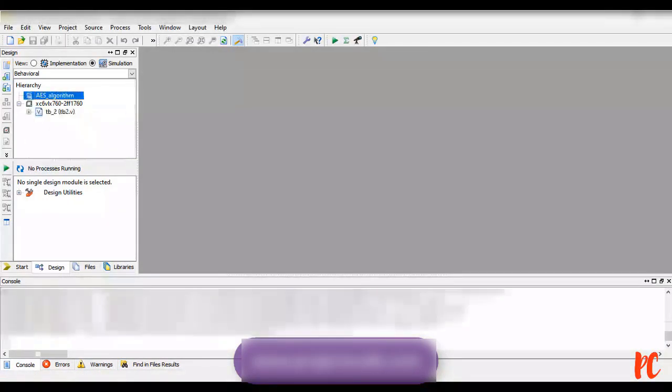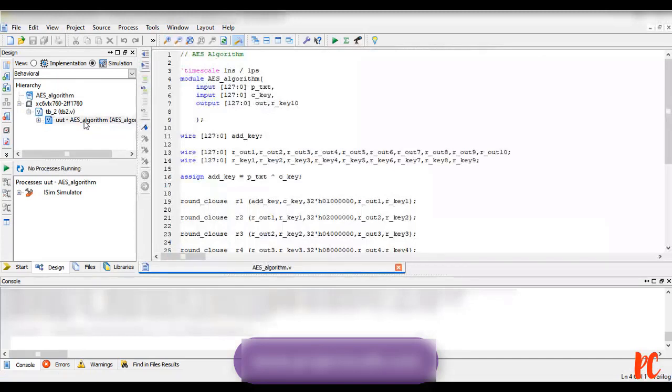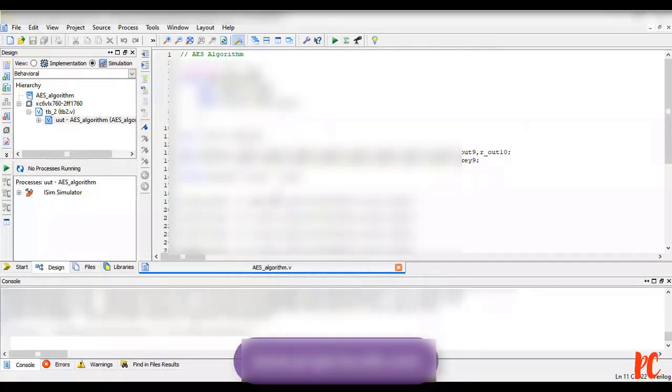And you can see here on the left testbench_2, which is the test bench file for the main UUT file. This is my UUT. UUT is nothing but a unit under test. We can sometimes call it a DUT, design under test, and sometimes we call it a UUT, unit under test. If you explore, this is the main algorithm for us, where as said earlier, we must have two inputs. One input is the plain text and one is the cipher key. We have already seen how we are going to develop a cipher key and how we are going to use it for the message also. So those two inputs I have taken.